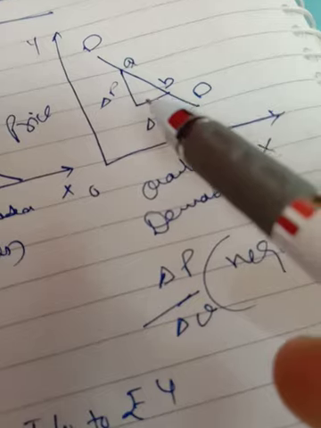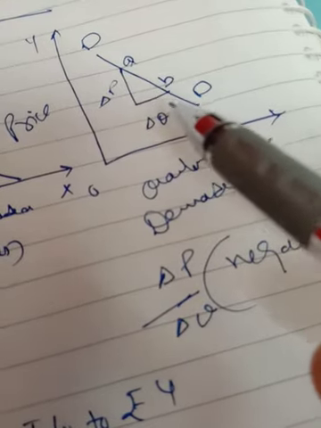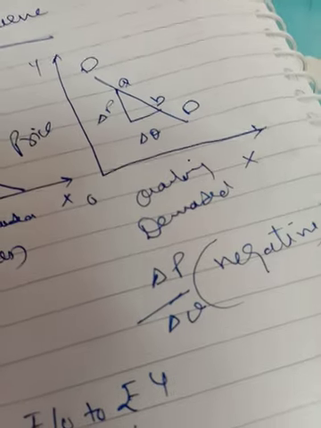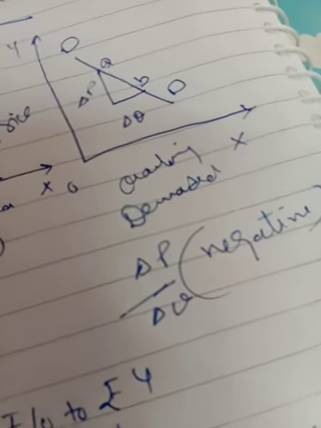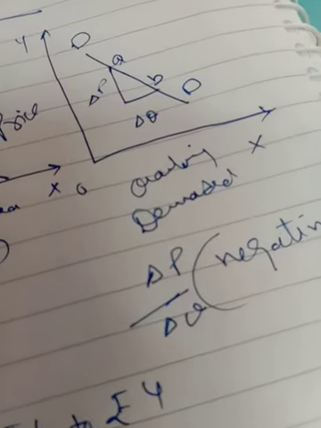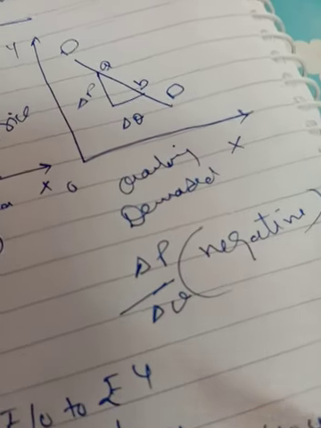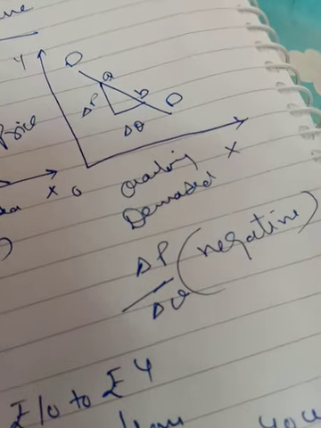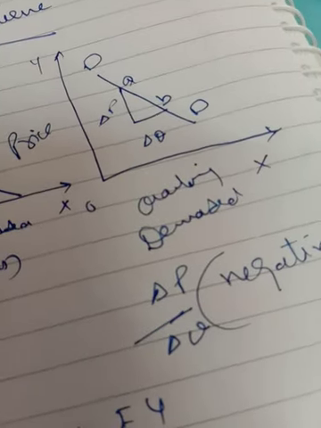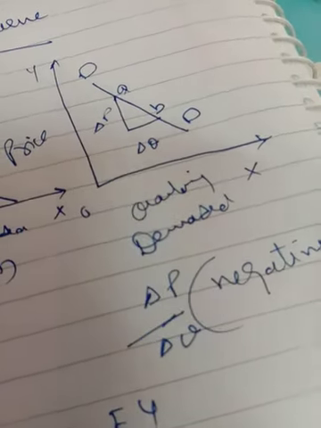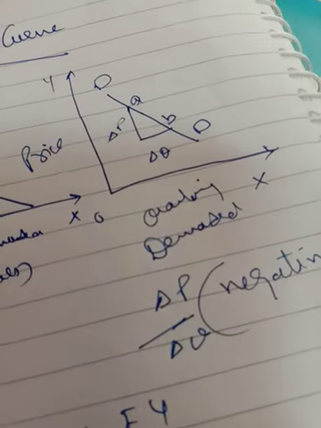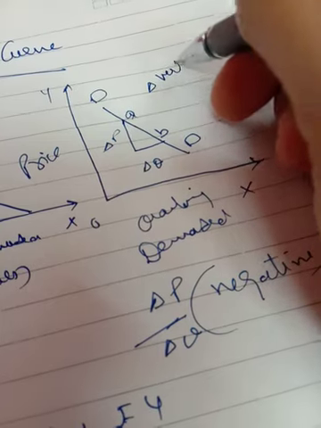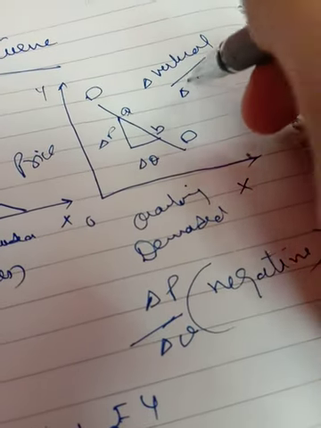So every time one variable will fall and the other variable will rise, so it will always be negative. There is no need to mention the negative, because it is implied. So slope of demand curve is change in P upon change in Q, meaning change in price upon change in quantity. Whenever you have to see the slope of any curve or any line, you calculate it in this way: change in vertical upon change in horizontal. So the formula is change in vertical upon change in horizontal.